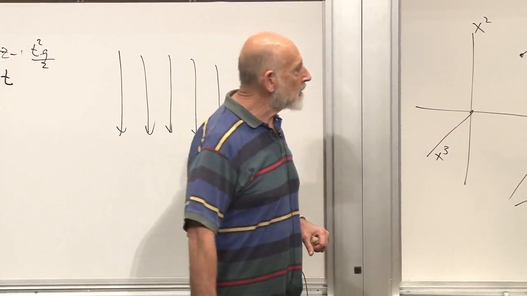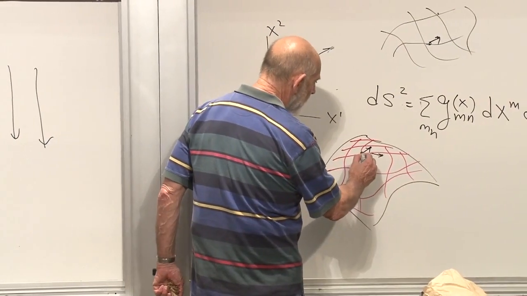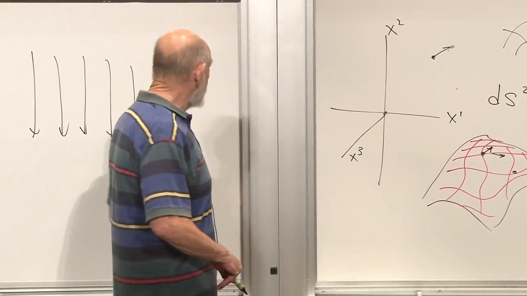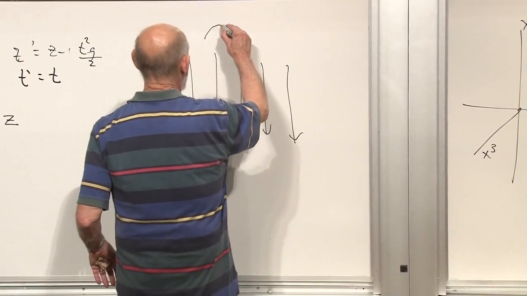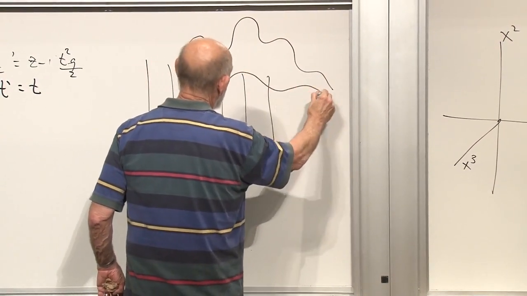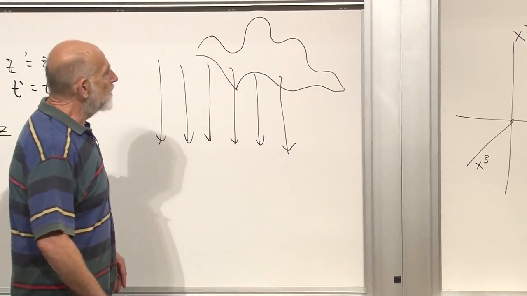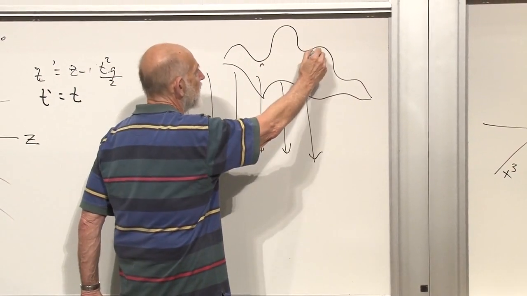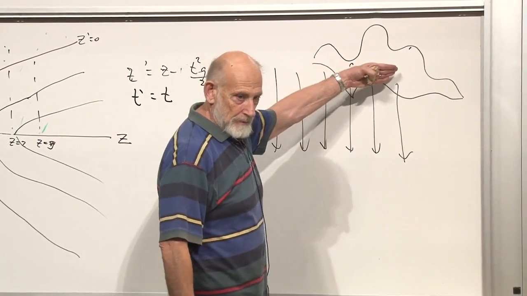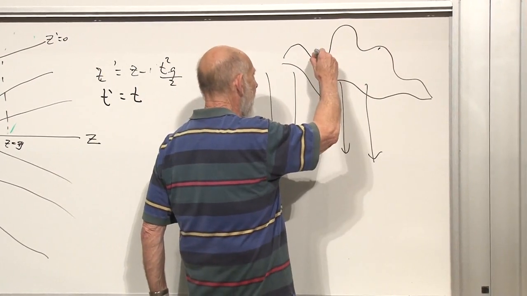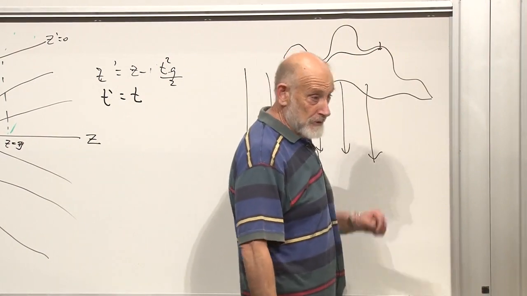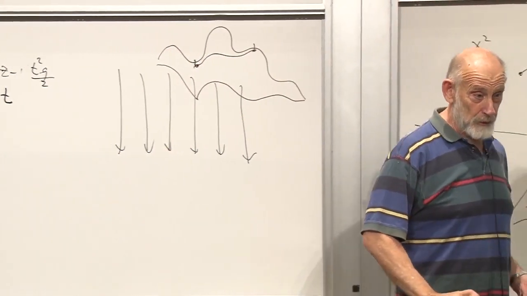If you want to know the distance between two points, you better define it. Take some arbitrary curved surface. It's got bumps and hills and all kinds of things in it. What do you even mean by the distance between this point and that point over here? Well, you could mean the shortest distance. You could put a peg in here and a peg here and pull a string as tight as you can between the two points, and that would define one notion of distance between the two points.